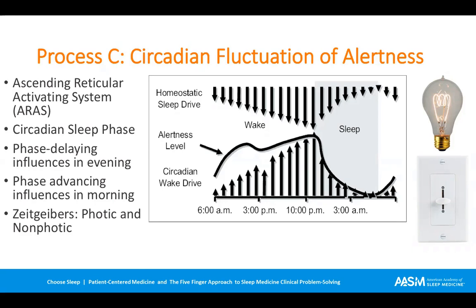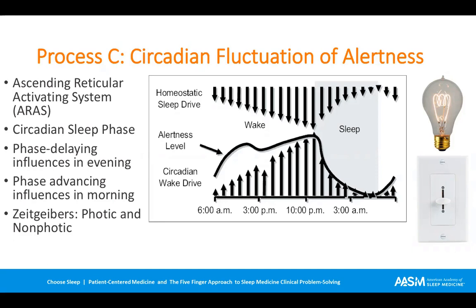In other words, it's going to put pressure on the system to try to make his forbidden zone go later. Conversely, if I shine lights in his eyes anywhere between 2 a.m. and about 8 a.m., the circadian sleep phase is going to be rotated counterclockwise or backwards. What ends up happening is that the timing of process C turns out to be a net result of whomever wins this conversation. The phase delaying influences at the end of the day and phase advancing influences at the beginning